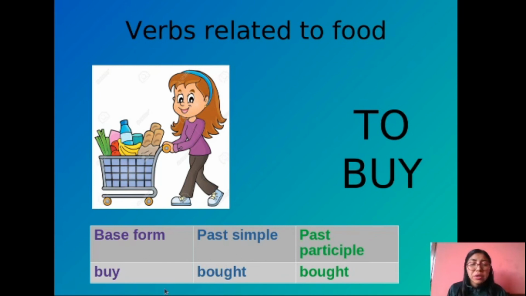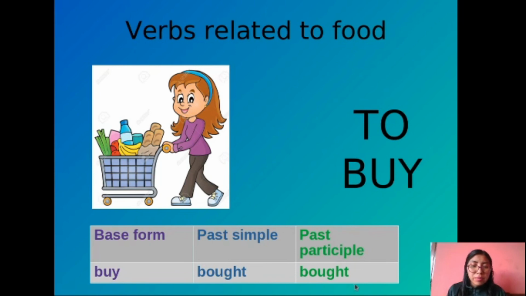As you can notice, that is another irregular verb because the forms of the verb change, okay? Las formas están cambiando, okay? That is an irregular verb. I am going to give you some examples. For example, a girl buys fruits. In past, a girl bought fruits. In past participle,